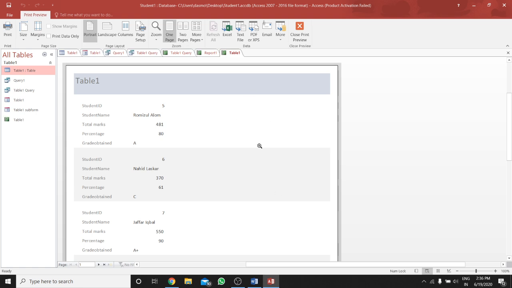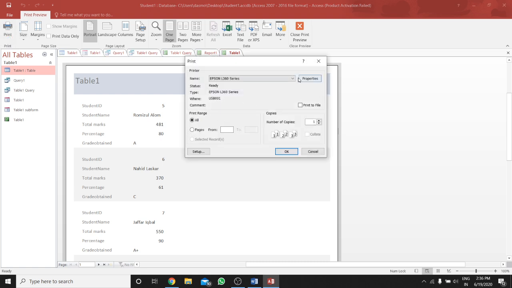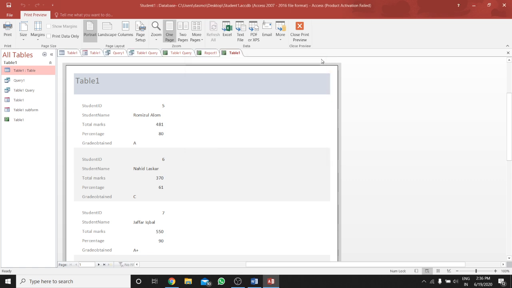You can see this is the printed version. This is the report, the printed version of the database. So this is how a report can be created using report wizard. And then we can take a printout. How to take a printout? You can see by default the print option has come. When you click on print, we can take a printout of the report. And finally, it is best that you save it.